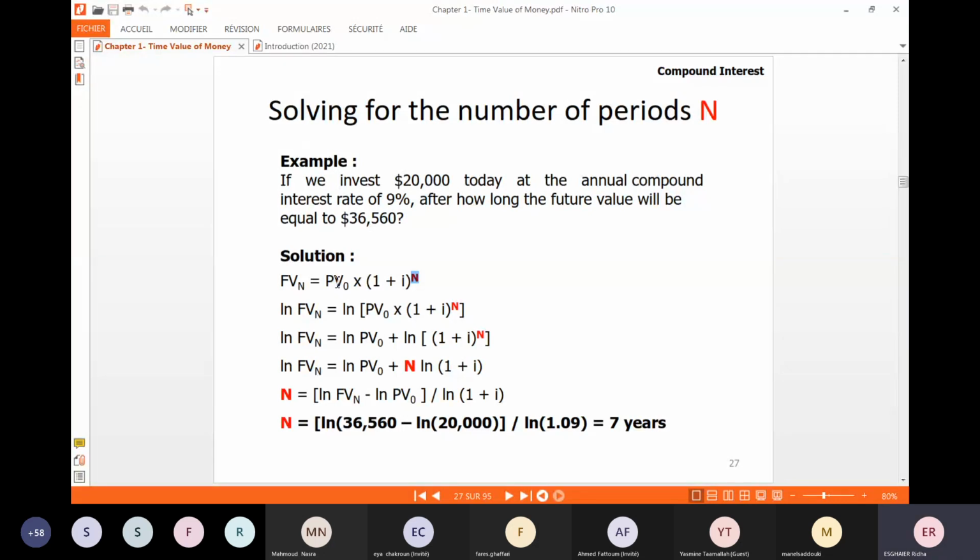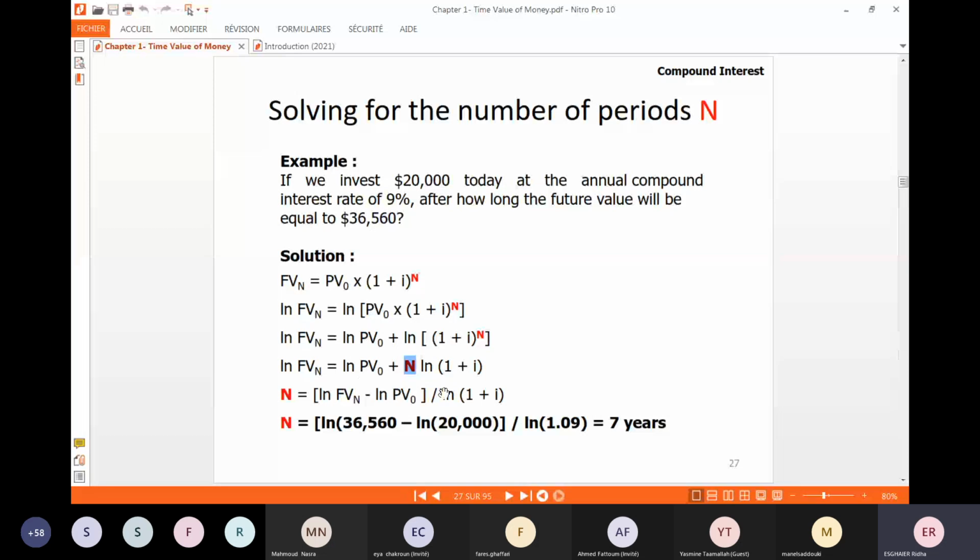Logarithm of a times b is equal to logarithm a plus logarithm b. Logarithm of b power n is equal to n logarithm b. So here n, we can compute it. n is simply equal to logarithm future value minus logarithm present value over logarithm 1 plus I, or simply